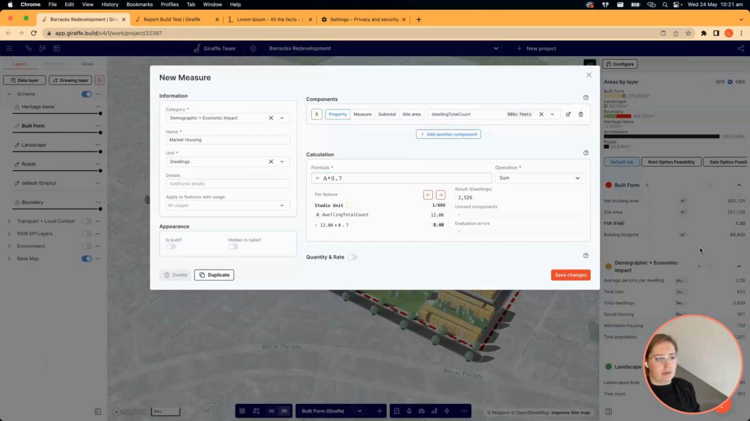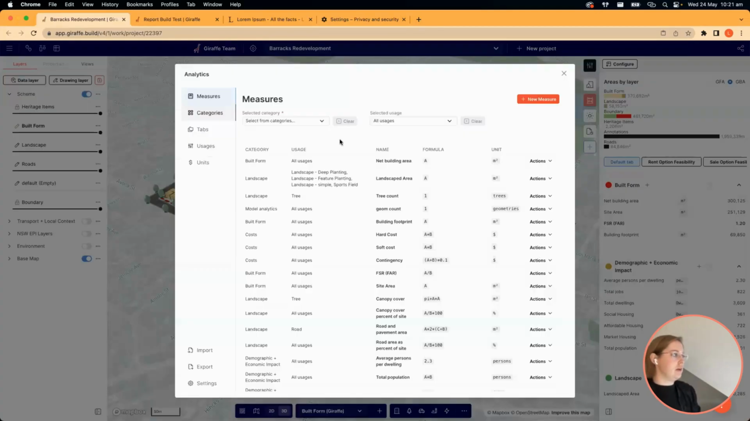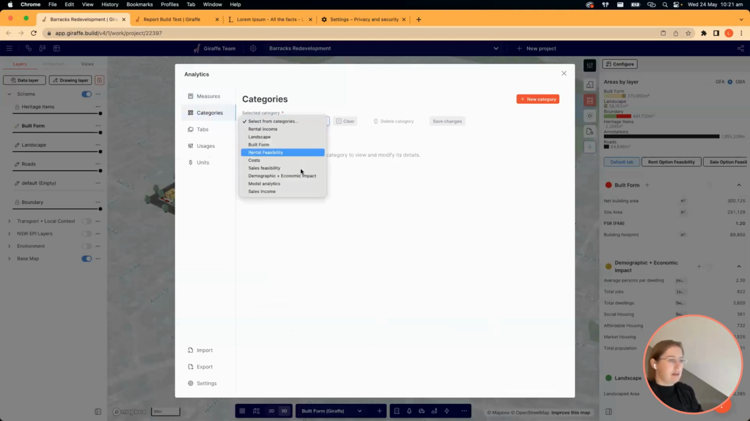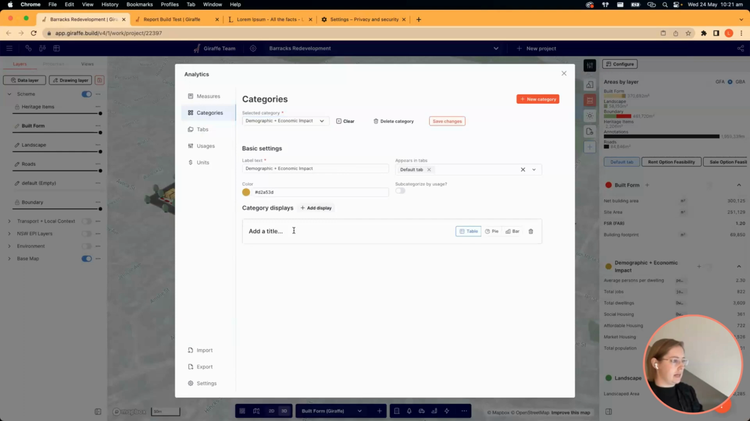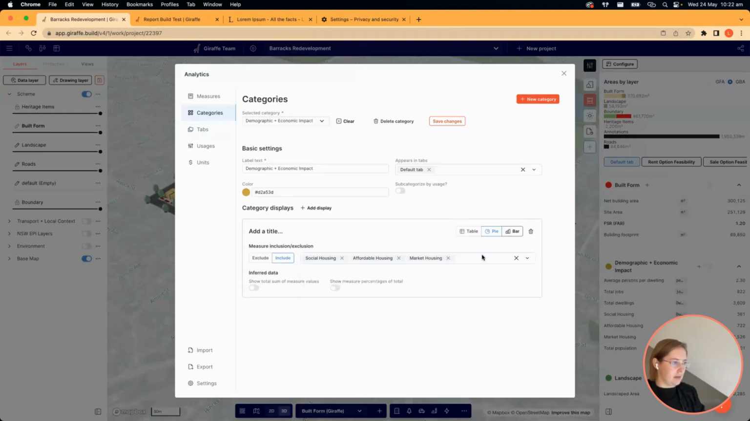What I'm going to do now, though, is add a really nice graph that shows us the breakdown between the 3 of them. So we'll go to categories. We are in demographic and economic impact. We're going to add a display. We don't necessarily need a title. We could add one if we wanted. We'll go with a pie chart. We're only going to include social, affordable, and market. I want it to be a pie chart with measures. We are, though, also going to keep the table